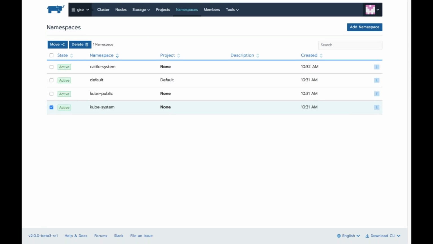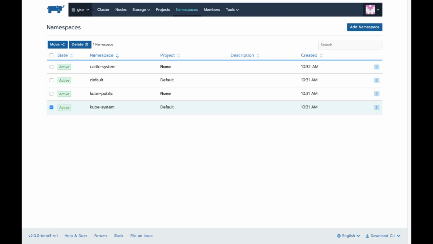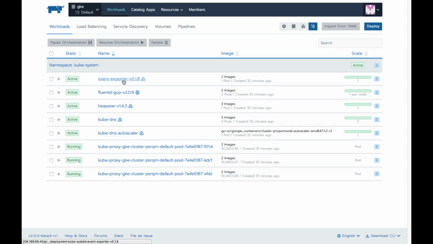I can do that here. So at least when I go into the default project now, you can actually see the kube-system namespace, and here's all the stuff that Kubernetes deploys: the event exporter, FluentD, some Heapster. These are various pods. I don't know what those do. But anyways,